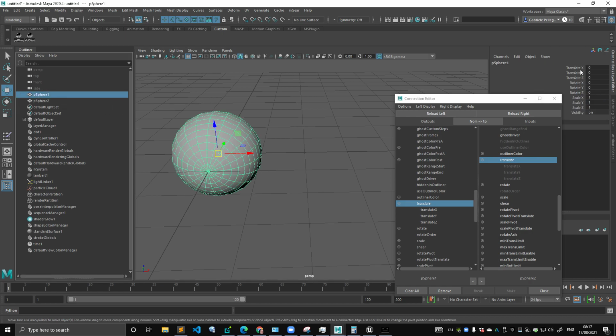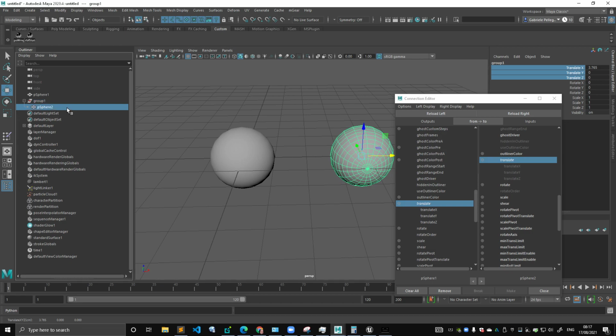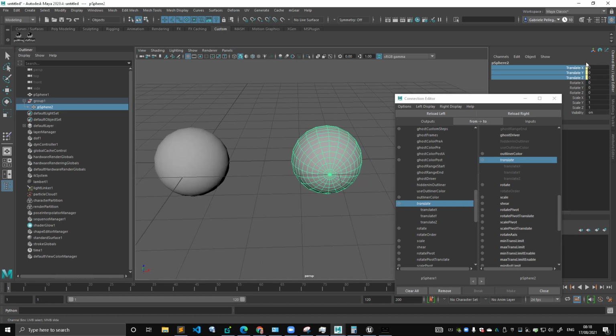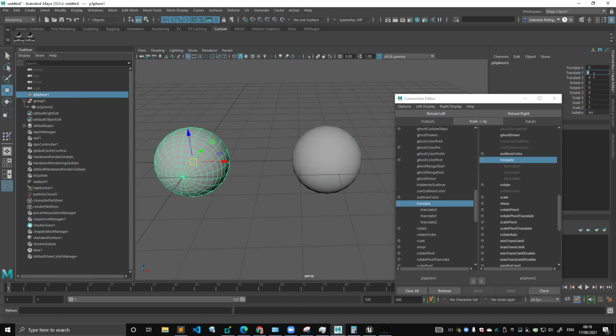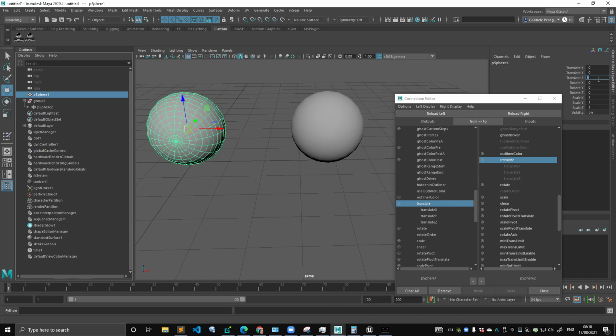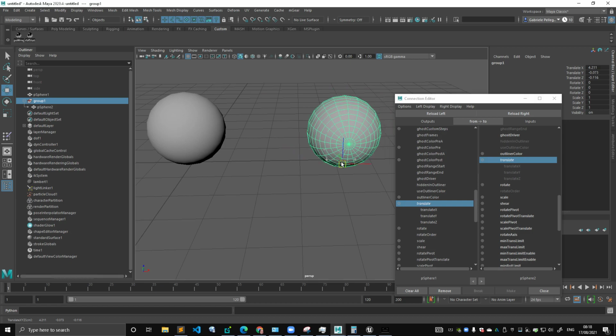Because these values here in Maya represent the local space of the object, of the transform we're moving. Which means if I create a parent, so I'm grouping, and I move the parent, the local space of these values stays exactly the same, but it's now multiplied by the parent matrix. So if I move this up by 1 unit, so z is up 1, this z is up 1, but it has an offset,